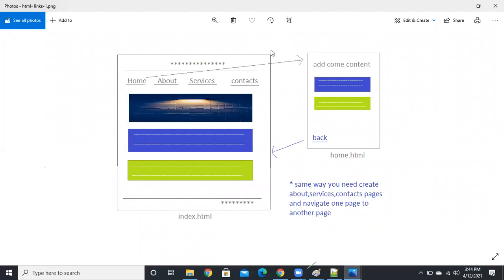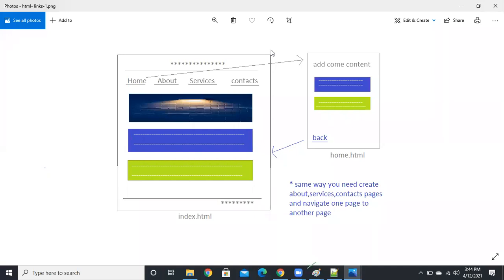Next, you insert one image, guys. The width should be 100 percent, and you give some height also. Then you take one paragraph and apply a background color to it. Next, take one more paragraph with another background color. And down below, take one HR again and one footer information, such as all copyrights. You can put any information. This is your index file.